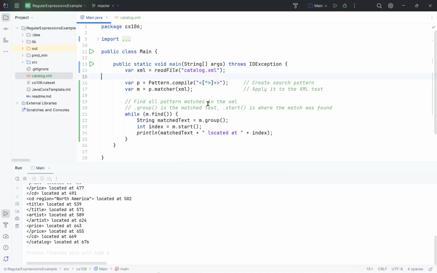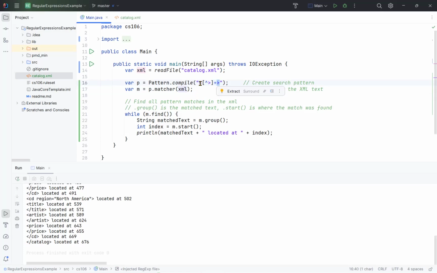Okay. But then the way regular expressions work, and I'm not going to give a detailed description of it, but they're like a wildcard search on steroids. And so here is our search pattern. They call it a pattern. And let me try to break this down. It says, I'm looking for an open angle bracket. And then basically anything that is a hat character here is not an angle bracket, okay? And the brackets mean basically anything that matches this little sub pattern. And the plus means many of them